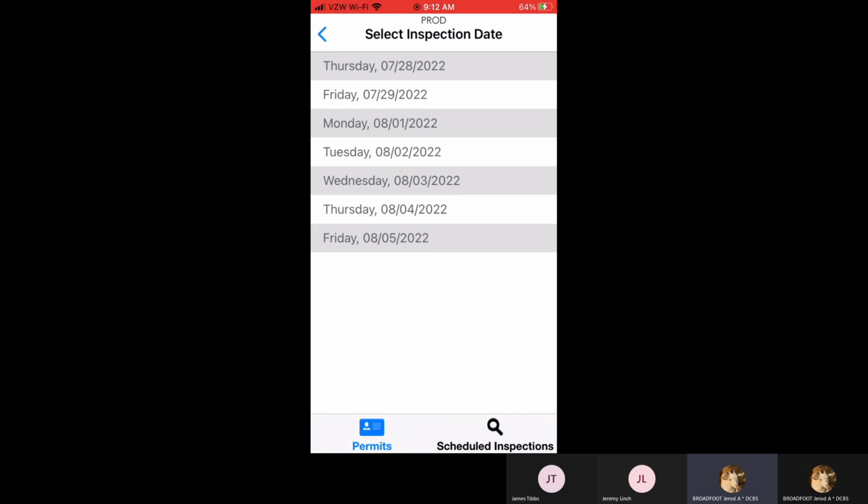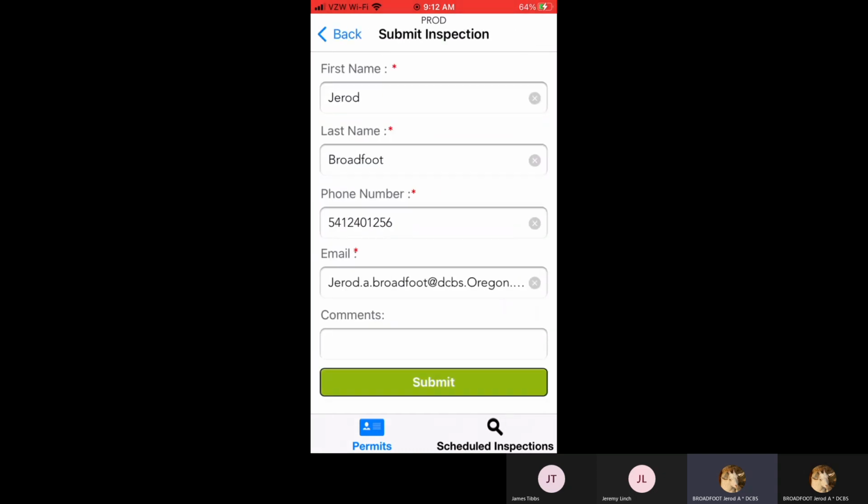So if you're working in a jurisdiction that only offers certain inspections or only does business on Tuesdays, Wednesdays, and Thursdays, then those are the only days that'll populate. The local jurisdictions supply us with that information, which we plug into the system to provide to you guys so that it's accurate. So I'll choose my inspection date. You'll notice now it populates with my inspection request, my name, number, and email. And then I can enter